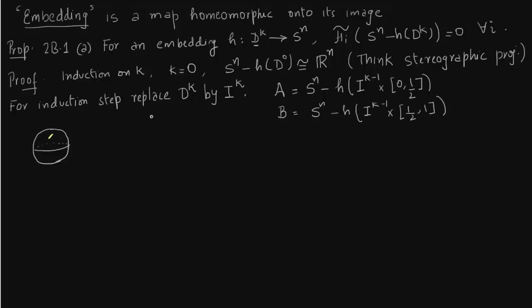Say this is set A, where what has been cut out is from 0 to 1/2. And say this is set B, where what has been cut out from the sphere is 1/2 to 1. If you take the intersection of both these spheres, the first sphere does not have 0 to 1/2, the second sphere does not have 1/2 to 1. So the intersection essentially does not have 0 to 1.